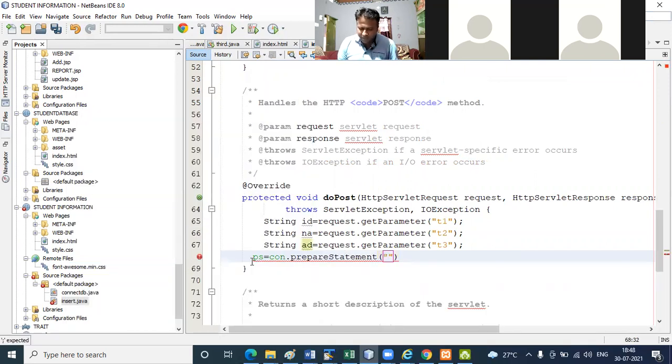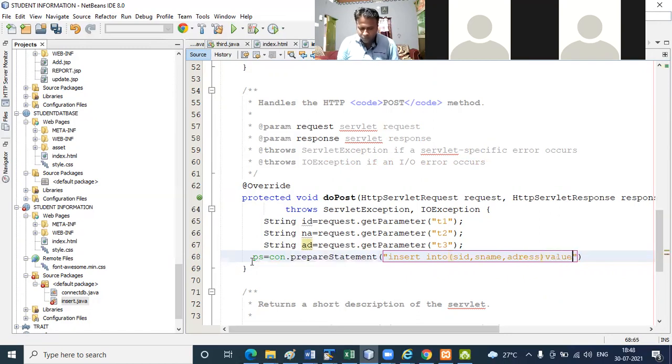So here I have to pass the inserting command: Insert into column name is student ID, student name, address.